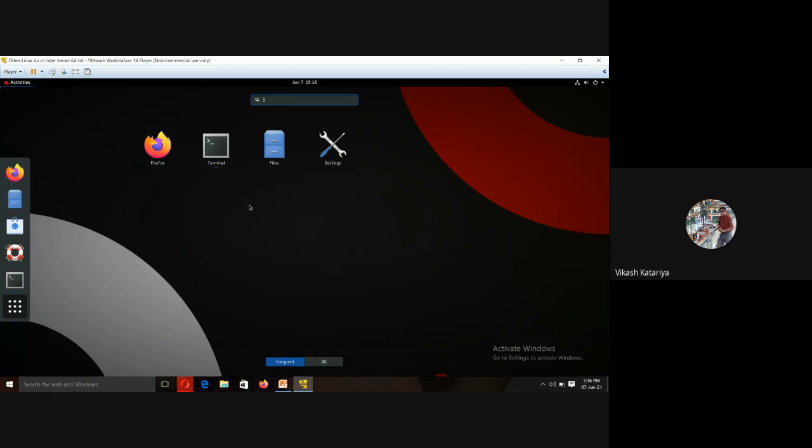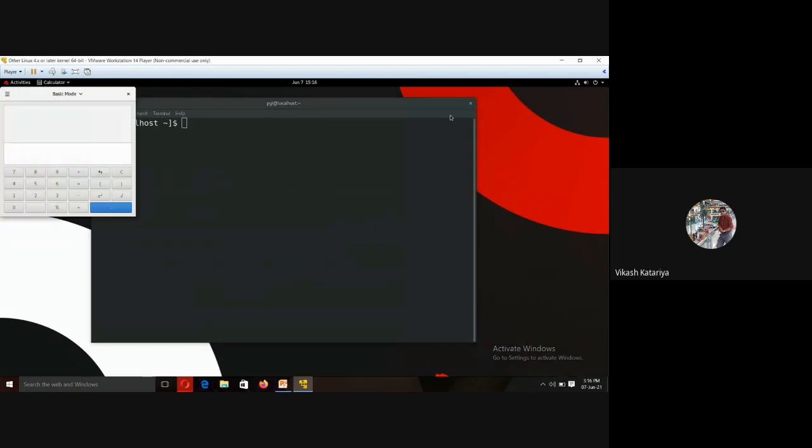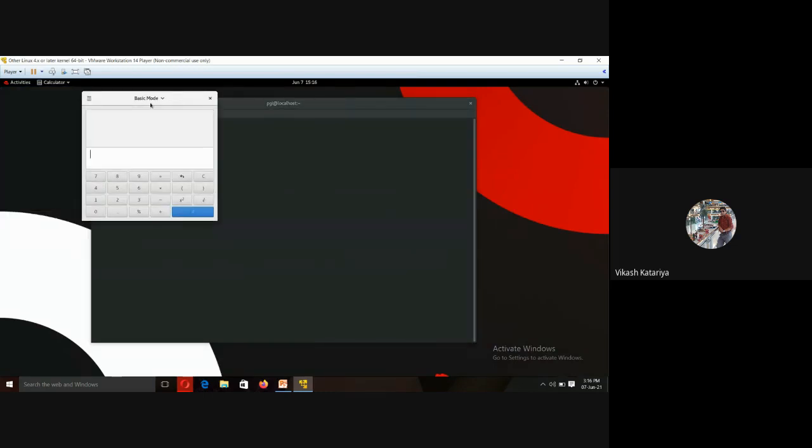Right now we have not installed any applications, so suppose we find some application like calculator. You have to type calculator, it will start searching from the very first letter. If the application exists, it will show the details of the application, and you just double click on that application and it will appear in front of your monitor.